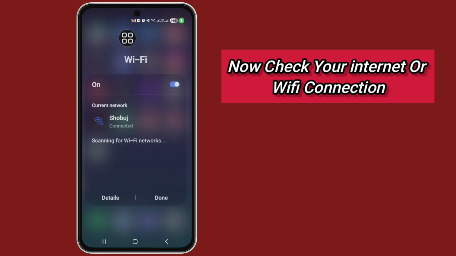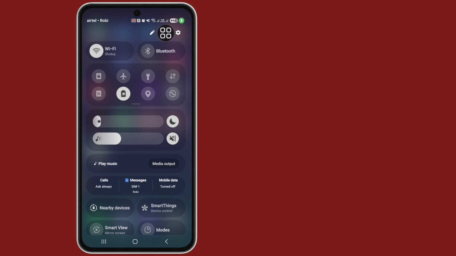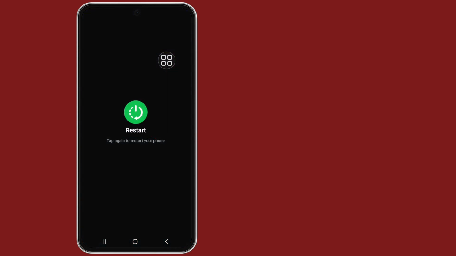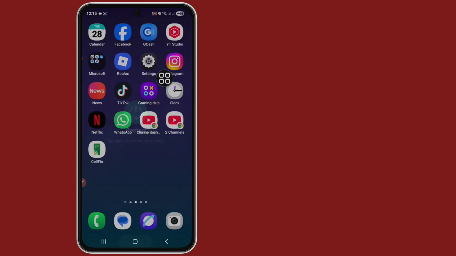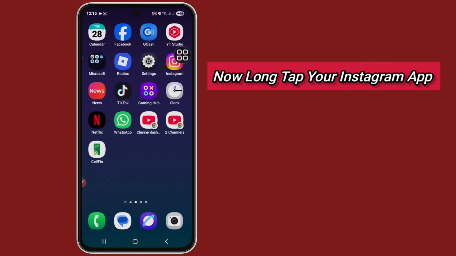My Wi-Fi already connected. Okay, done. And now restart your phone and reopen it again. Okay, back to home screen. And now long tap your Instagram app